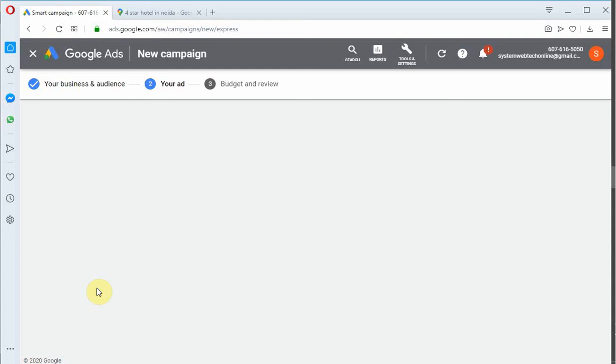And as we are running it on a trial basis, we will take the budget of 100 rupees. Once it will be fruitful for us, we will increase the budget, but at the initial stage we will take only the 100 rupees.